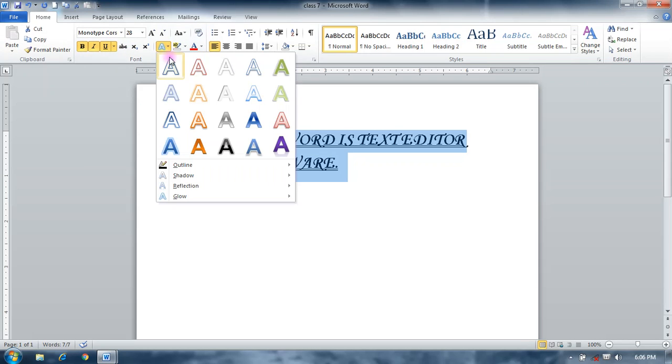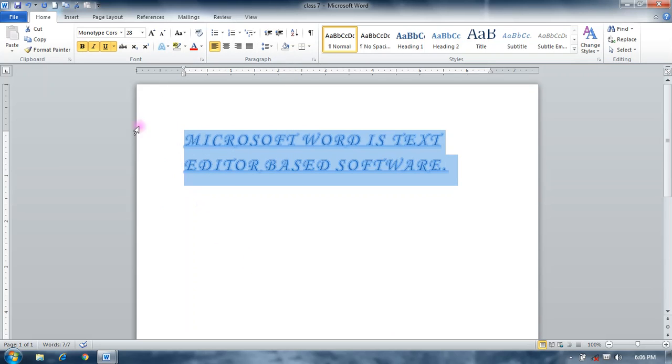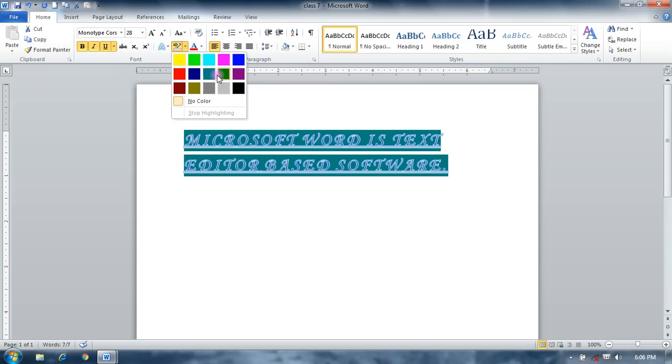This is a shadow effect. You can apply a shadow effect on your text like that. Okay, this is a theme color. It applies a background color to your text.